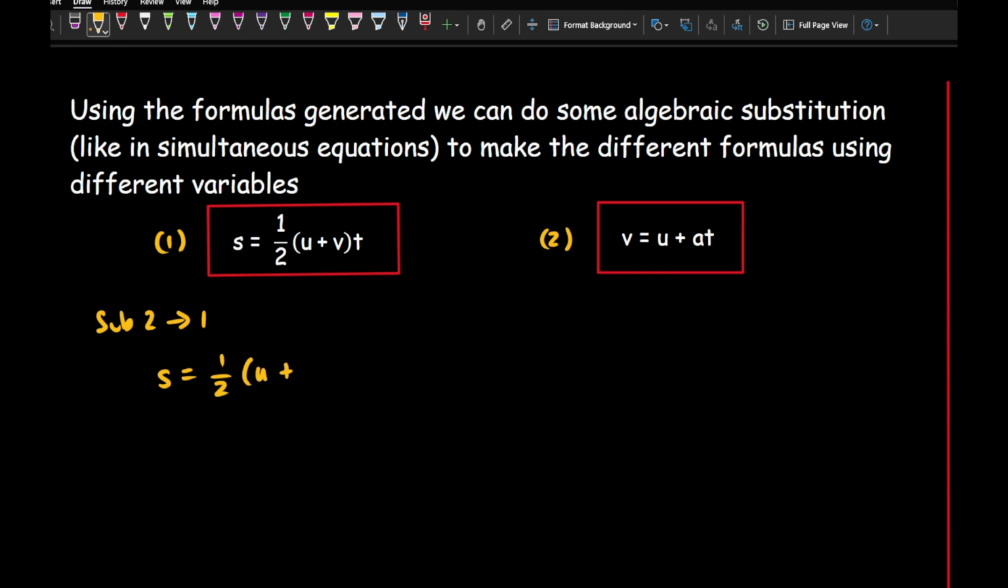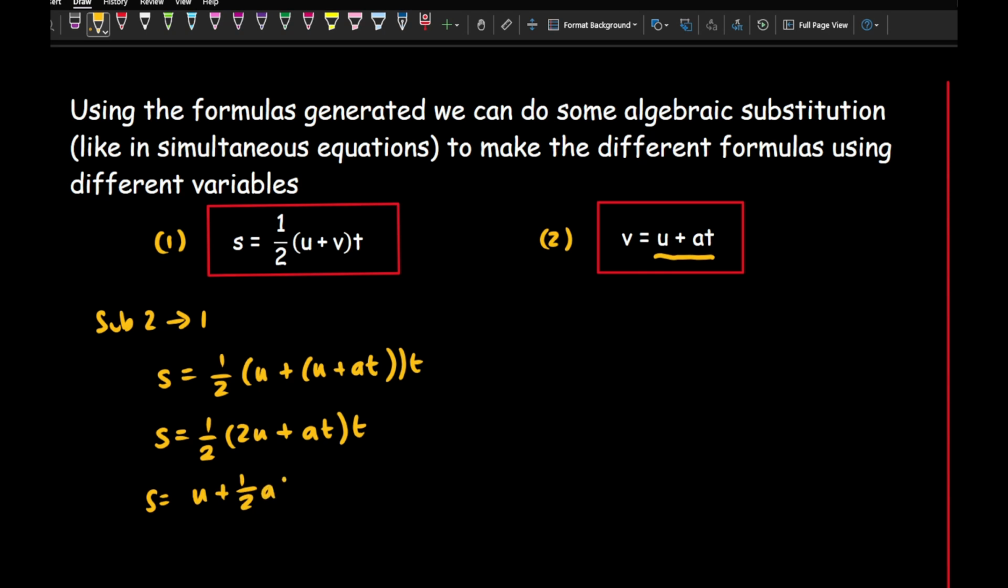Now instead of writing v, I'm going to write u plus at, with the t there. Now if I multiply and simplify, I get s equals a half (2u plus at) multiplied by t, then multiply the half out, in which I get (u plus a half at) all multiplied by t. I get an s formula of ut plus a half at squared,